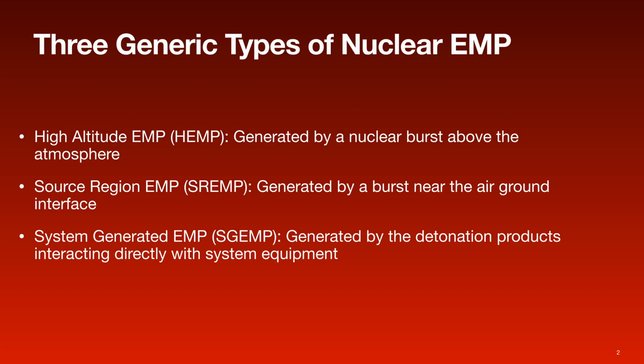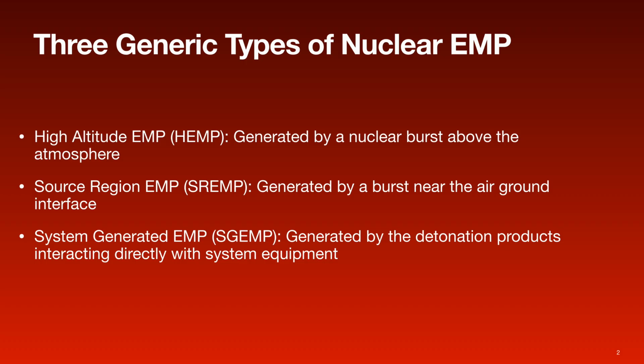EMP is divided into three general categories: high-altitude EMP, or HEMP, source region EMP, or SREMP, and system-generated EMP, or SGEMP. For HEMP and SREMP, the electromagnetic fields result from detonation products, X-rays, gamma rays, and neutrons interacting with the